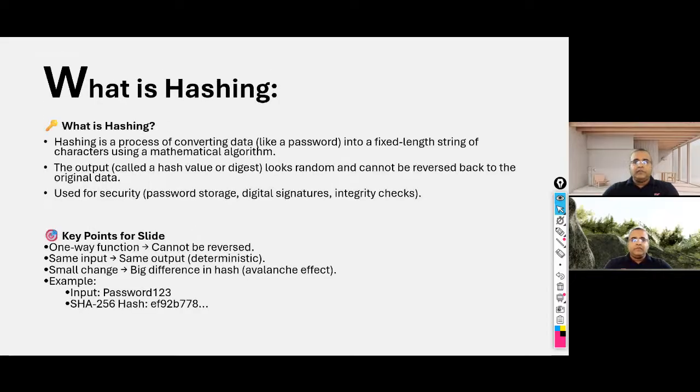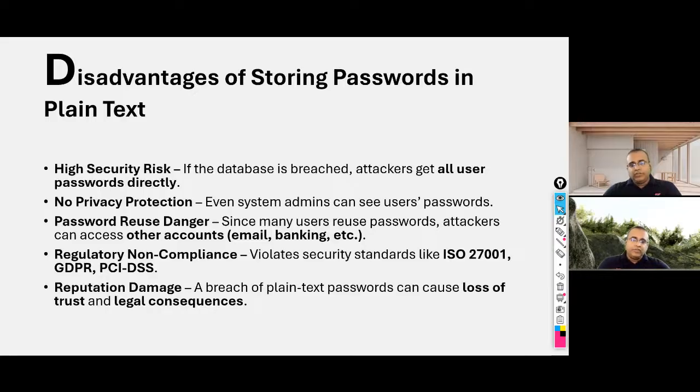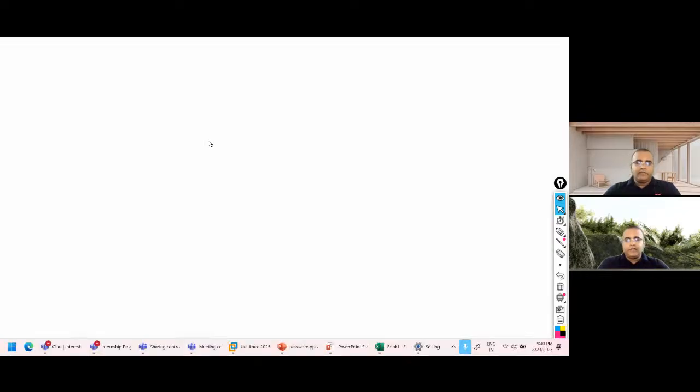Now I want to ask one more question before I talk about hashing. Do you think Google stores your password? Do you think Meta stores your password?